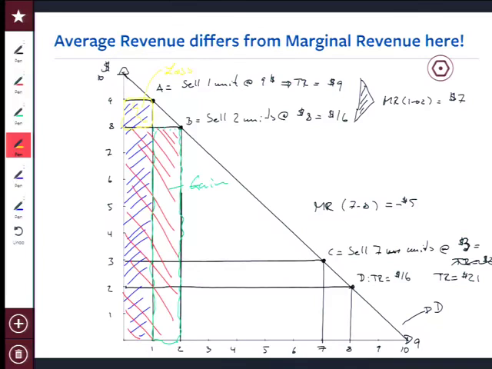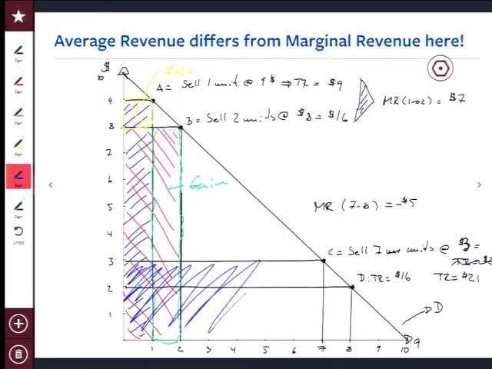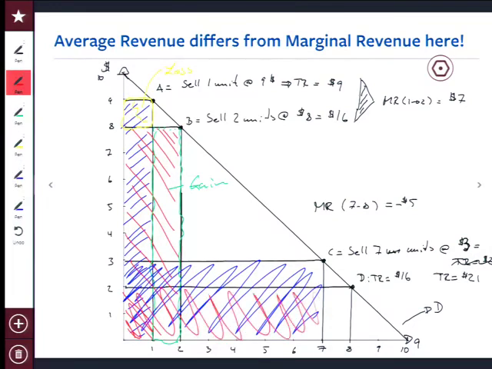Now let's do the same graph again, but let's do it for the bigger output region right here. So now, total revenue is $3 times 7 units, so that's $21. After the increase in output, total revenue is the red box right here. It's 8 times 2 is 16. What happened at the higher output level now is something really tricky. You gained this little rectangle right here. This little rectangle is 1 more unit at whatever the now very, very low price is, at $2. So this thing here, that's your gain. And this thing up here is your loss,